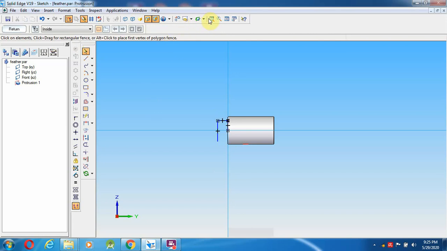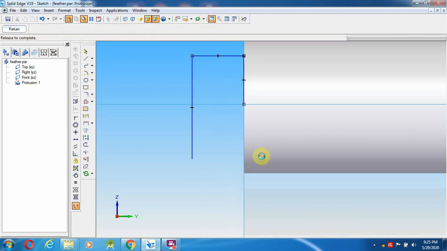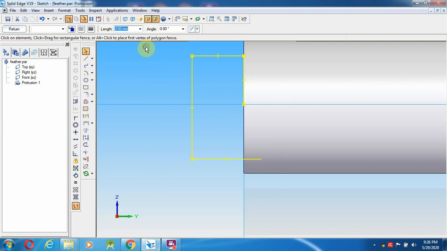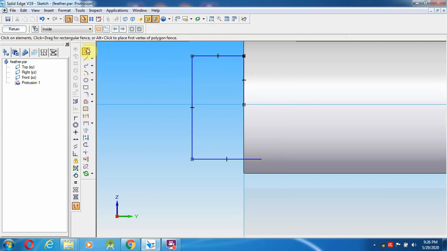I am going to zoom for a better view and select a line. So from here 3 mm. Somewhere there is a mistake; the entire length I gave is wrong, so that is what I checked. Delete it.